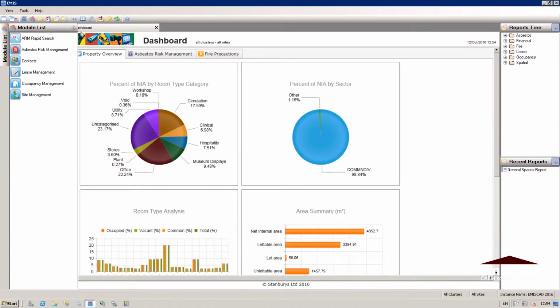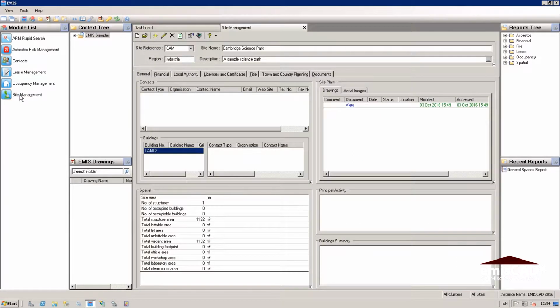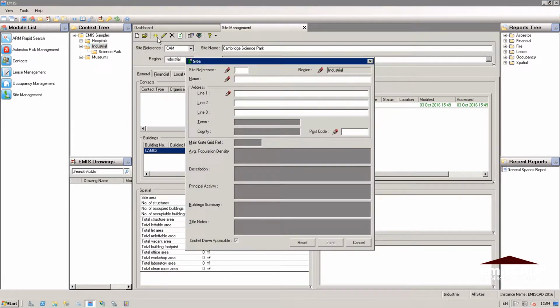and we'll locate the region in which we want to create the new site and press the new site button on the toolbar. Then we just need to enter the minimum information. As you can see, the region is fixed to industrial. We'll enter the site reference and minimum information being the name and the address with the postcode, and we'll press